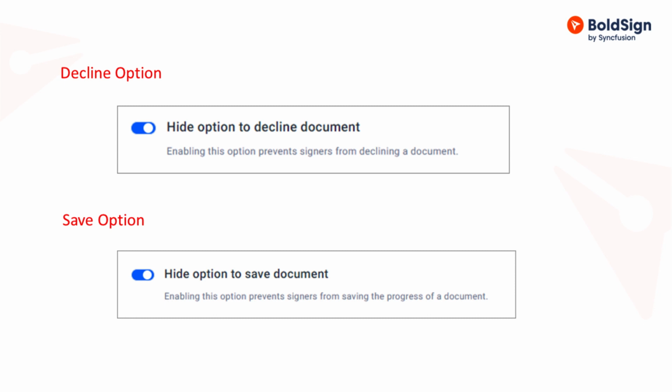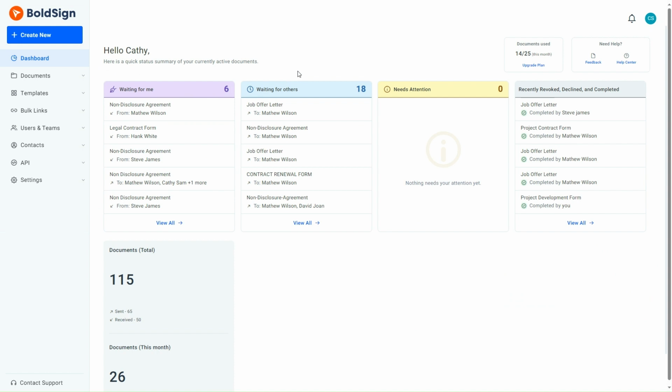The hide option to save document feature reinforces document security during signing by restricting the local saving of in-progress documents. It also promotes a more efficient process, necessitating signers to complete the session in one go, as unfinished changes cannot be saved. Let's consider a scenario in which a legal coordinator in a firm sends a highly confidential legal agreement